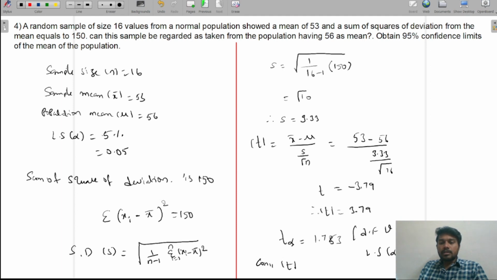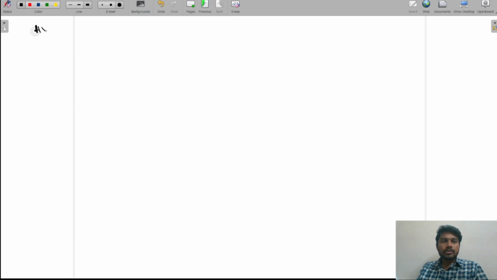Okay, then what is the conclusion here? Modulus of t is greater than t alpha. So modulus of t is bigger, then your hypothesis is rejected. So our hypothesis is rejected. Okay, hypothesis is rejected